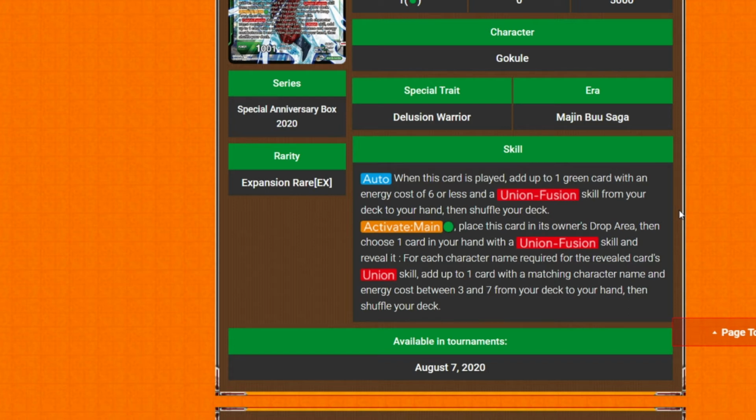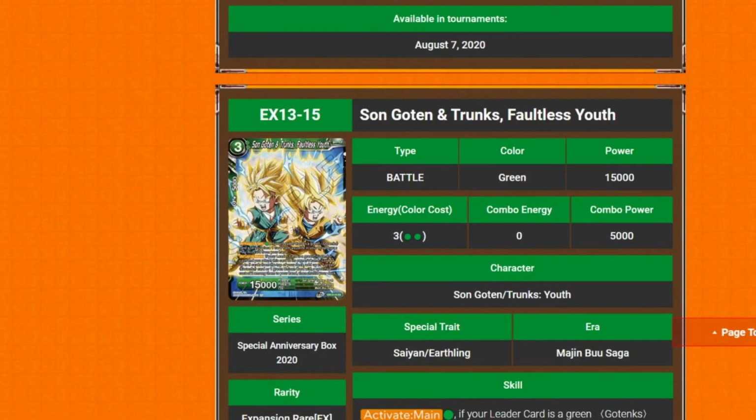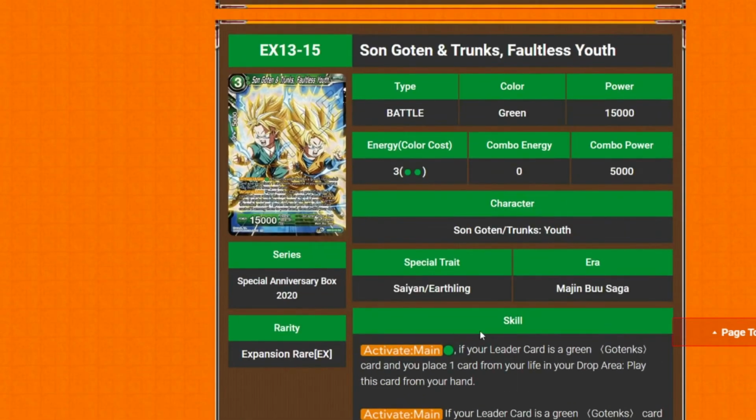Activate main, pay 1 green, place this card in its owner's drop area, then choose 1 card in your hand with Union Fusion skill, reveal it. For each character name acquired for the reveal card's Union skill, add up to 1 card with a matching character name with energy cost between 3 and 7 from your deck to your hand, then shuffle your deck. It's the Gotenks, isn't it? Back in the day. The Gotenks Union deck? Union Fusion deck? Oh, God, that's going way back. Yeah. So, I mean, anything else that comes out, it's really good for, because it just searches fusion bits. Hence, the next few cards are the Gotenks decks stuff, so...